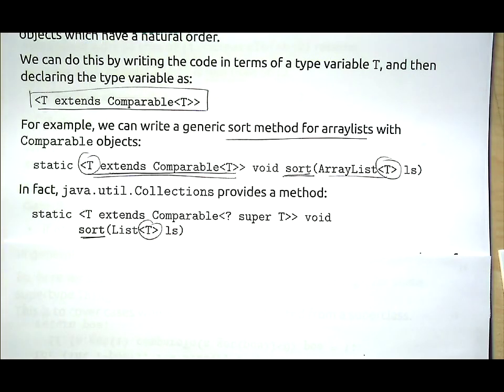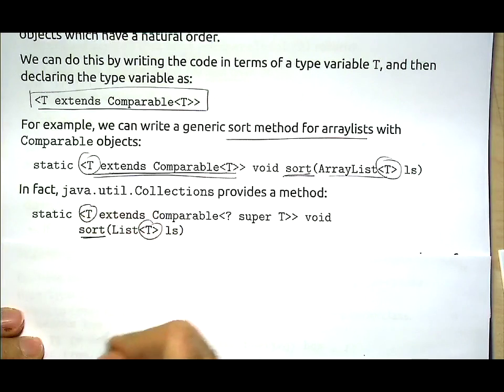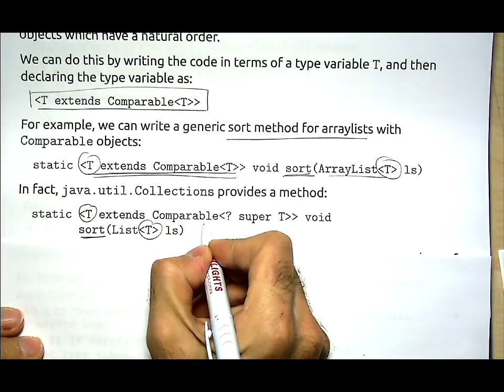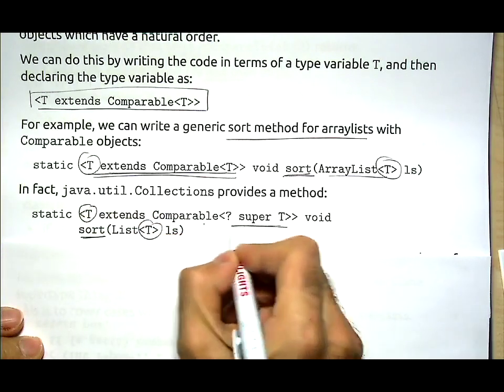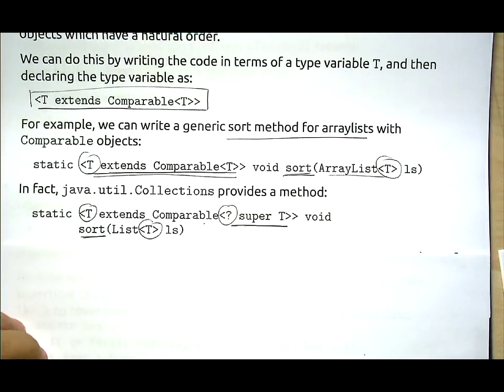Now remember that list is an interface that is above array list, but it works also with array lists. And what is T? Well, T extends comparable, but here I didn't put T. I say it extends comparable of a type, question mark, which is a supertype of T. So what does this mean? It means that T is some